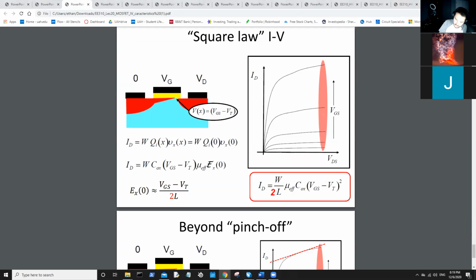Since we're working in centimeters, W is 1 times 10 to the negative 4th, over 2L, which is also 1 micrometer, so 2 times 10 to the negative 4th power, all times mu_n, which in this instance is given as the electron mobility. So that's just times 100, which is given in our problem. And then C